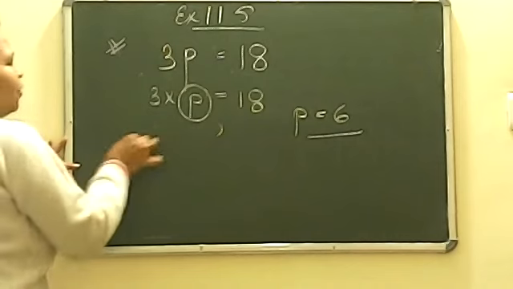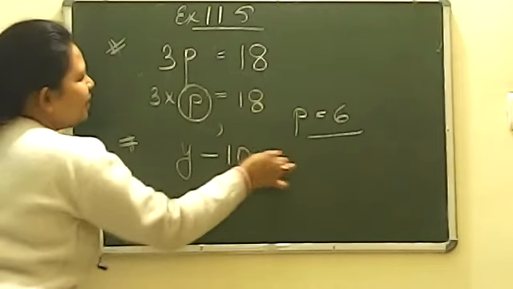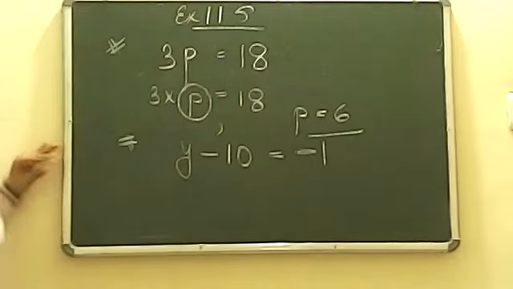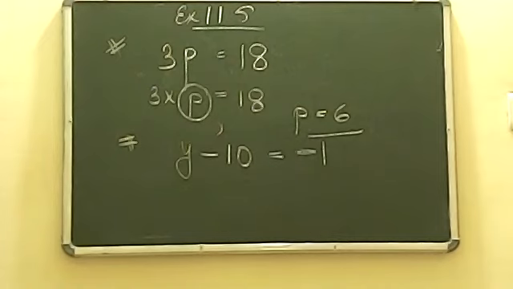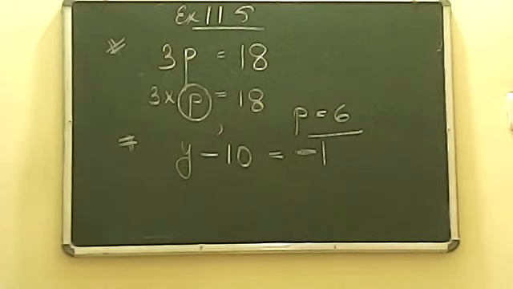Now I am asking another question. Tell me fast. y minus 10 is equal to minus 1. Tell me quickly. y minus 10 is equal to minus 1. Some are writing wrong, some are writing right. Use the concept of integers. It's minus 1, not 1. Yes, many of you have given the correct answer now. Not minus 11, beta.